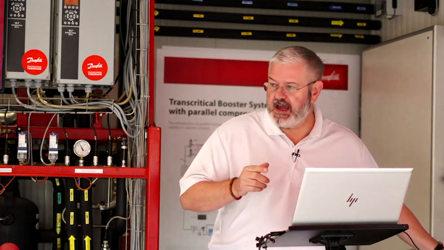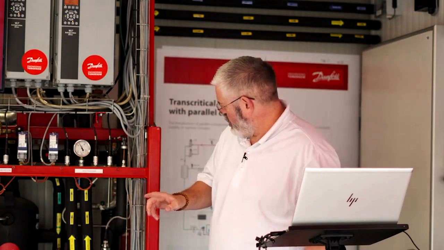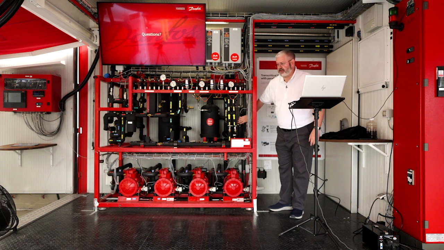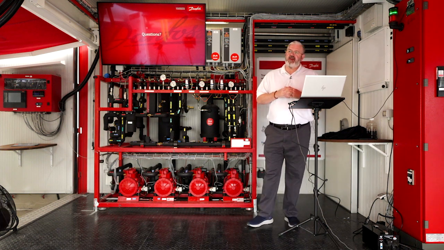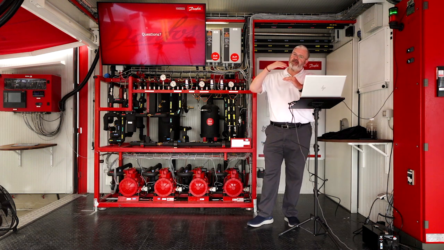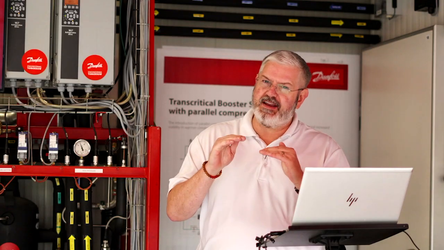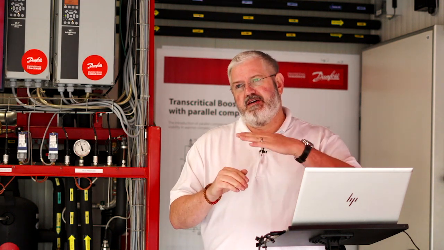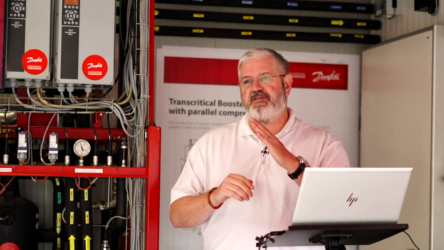What determines when parallel compression is turned on and off? So what happens with the parallel compression? I think we're okay without a close-up, but we've got a valve here, which is our receiver valve. We tell it in the software, if you look for the settings for parallel compression, there's not really an area. It's in the receiver valve settings. And you basically tell it, start the IT compressors. We call these IT for intermediate temp. There's low temp, medium temp, and then intermediate temp, which sounds better than high temp, I guess is why they chose intermediate. But you set in the software, I want at 40% receiver valve opening position, I want to turn